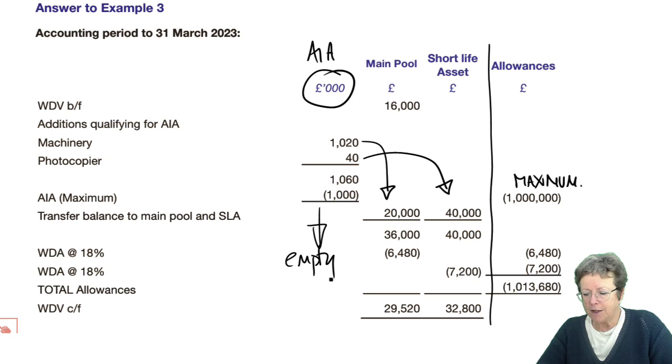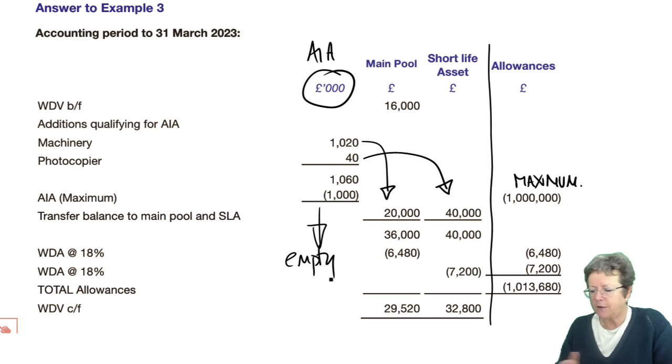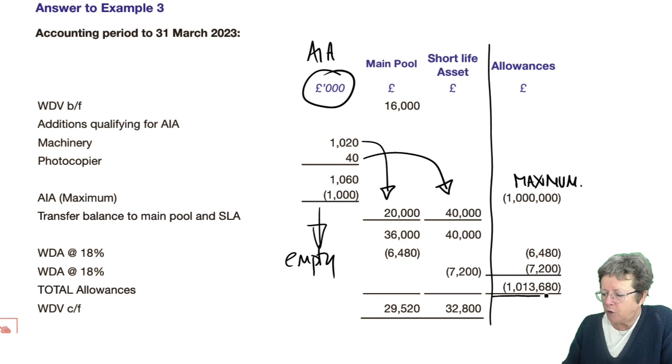Now the short life asset is also entitled to 18%. £7,200 is the 18% of 40,000, and again that figure here of £1,013,680 goes to the adjusted trade profits